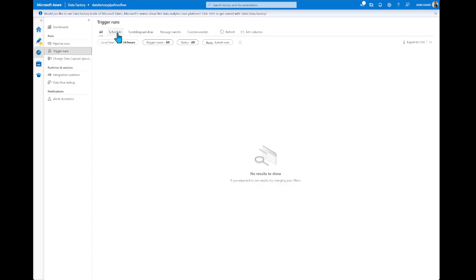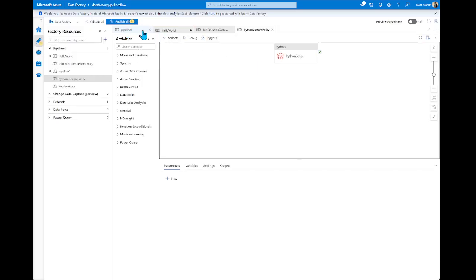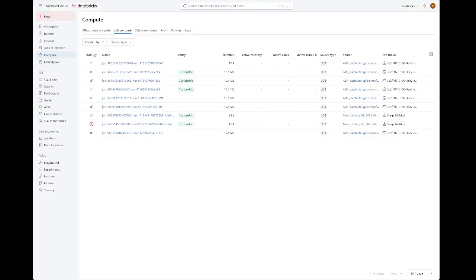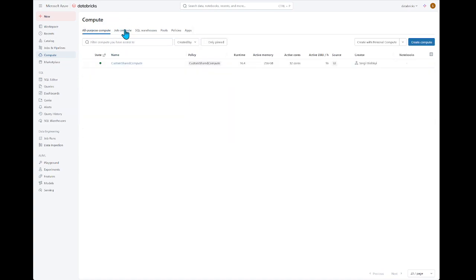Triggers run. No. It should work. Let me check if we have a job compute execution.